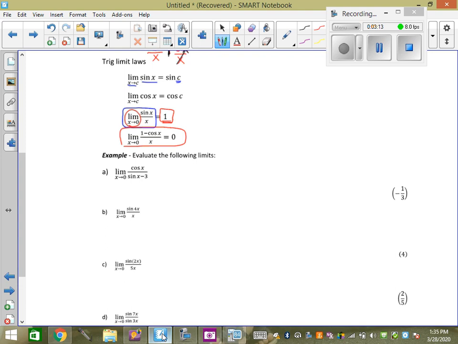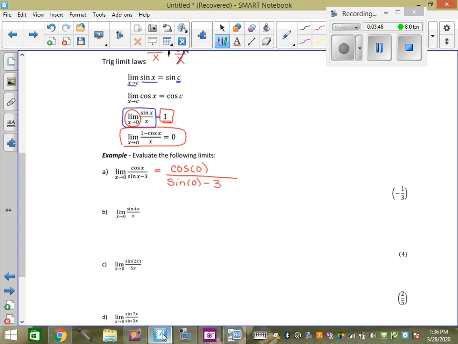Okay? So this first example, what did I tell you to do when you evaluate limits? The first thing I told you you should always do is plug in the value and see if it works, because you only have to deal with it in a different way if when you plug in the value, you get 0 in your denominator. Okay? So I'm going to fill it in. I'm going to go cos of 0, because that's the first thing I try every single time I get a limit. Sine of 0